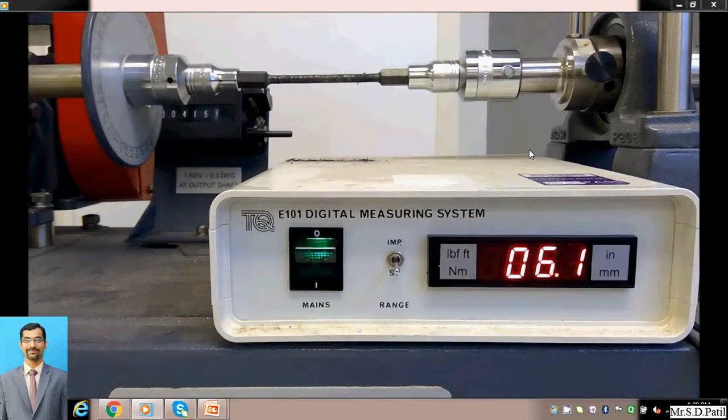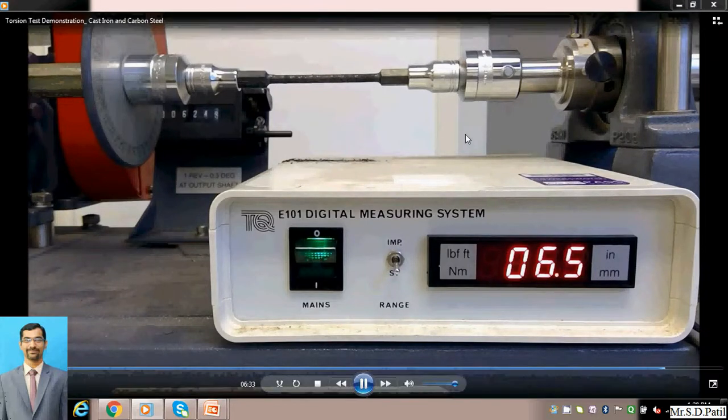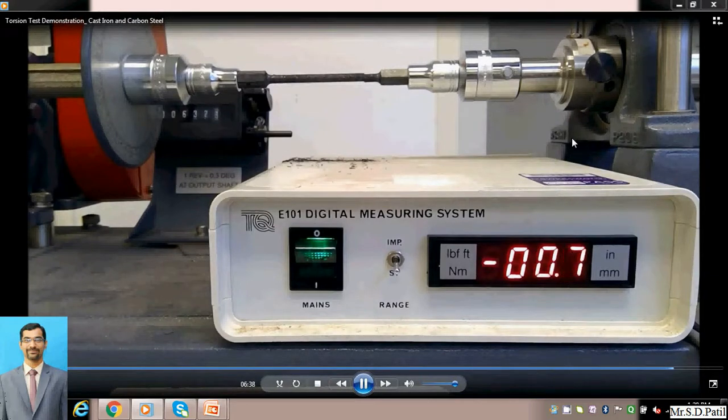So we will again get the failure pattern for the steel rod. For cast iron, we have seen for the previous specimen how the failure pattern is, which we have also discussed earlier. Slowly, again, the torque is now constant, and here we can see that at this particular location some sort of heavy twist has occurred. Now the reading has dropped, and here we can see the failure.